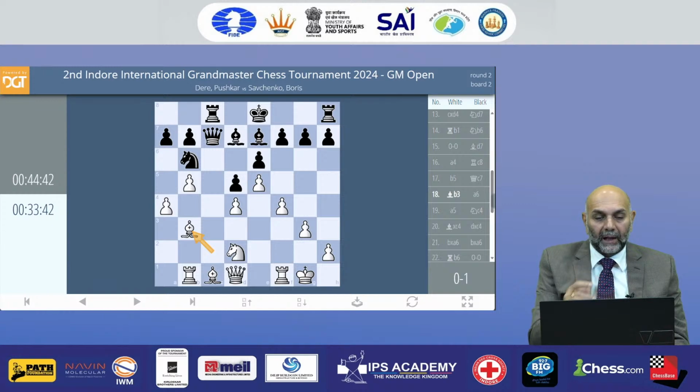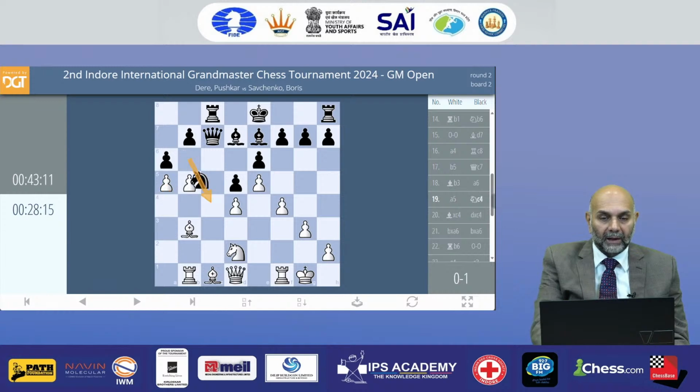The bishop would have been more natural on d3, where it's aiming at the king side. But now the bishop is hitting against the d5 point, which is guarded with a pawn. As we were discussing, a pawn which is supported with another pawn is quite safe, and this move doesn't seem to be very fruitful. Black breaks on the queen side, tries to break on the queen side. Black posts the knight in the center.